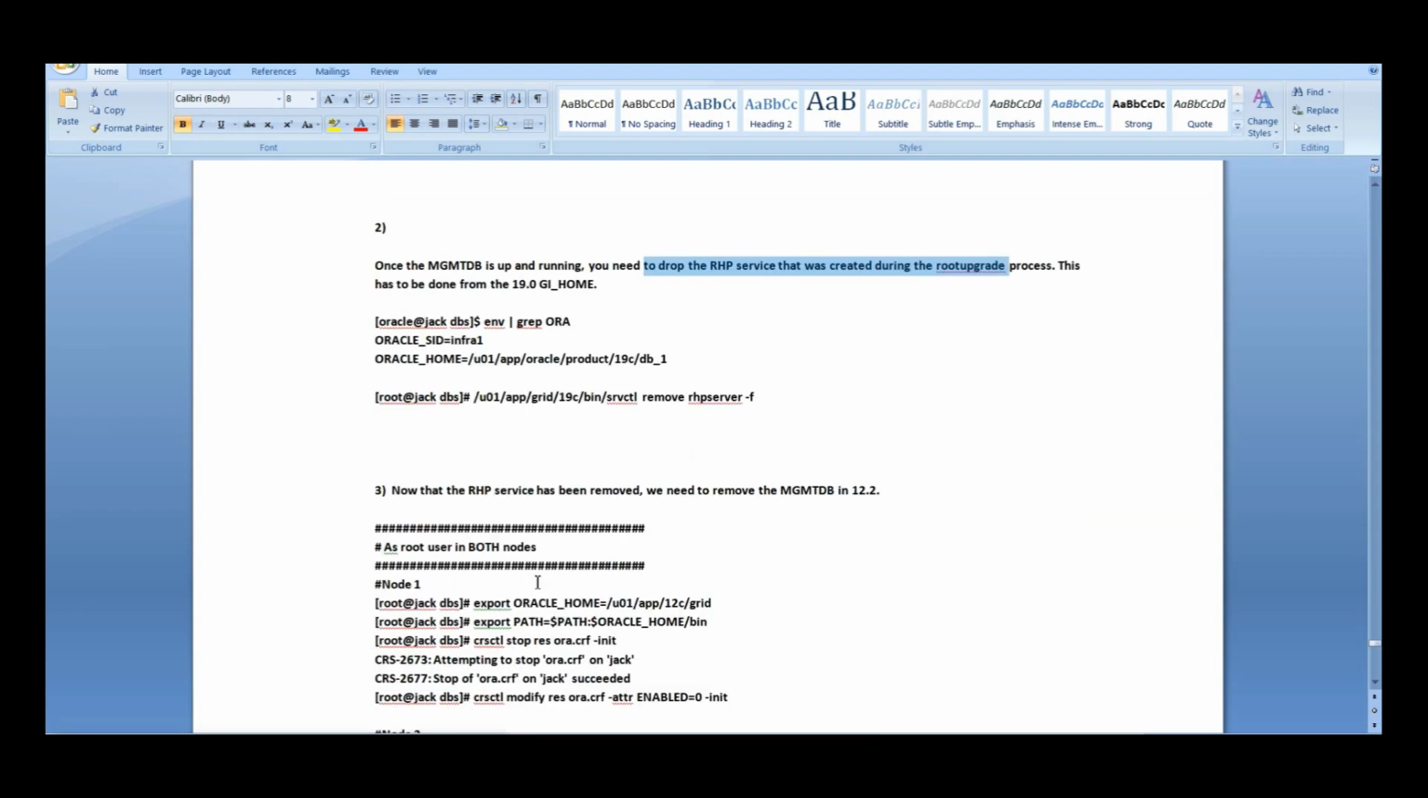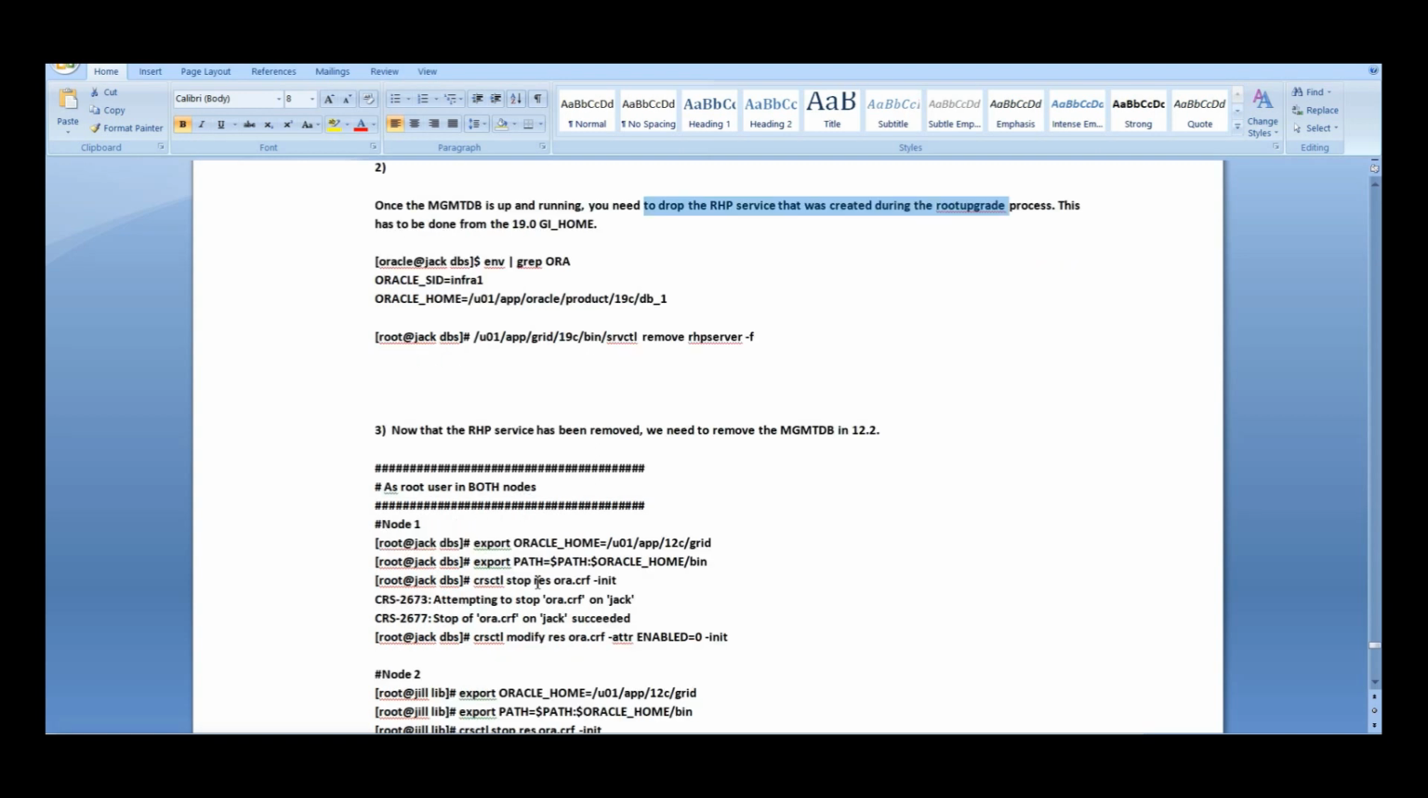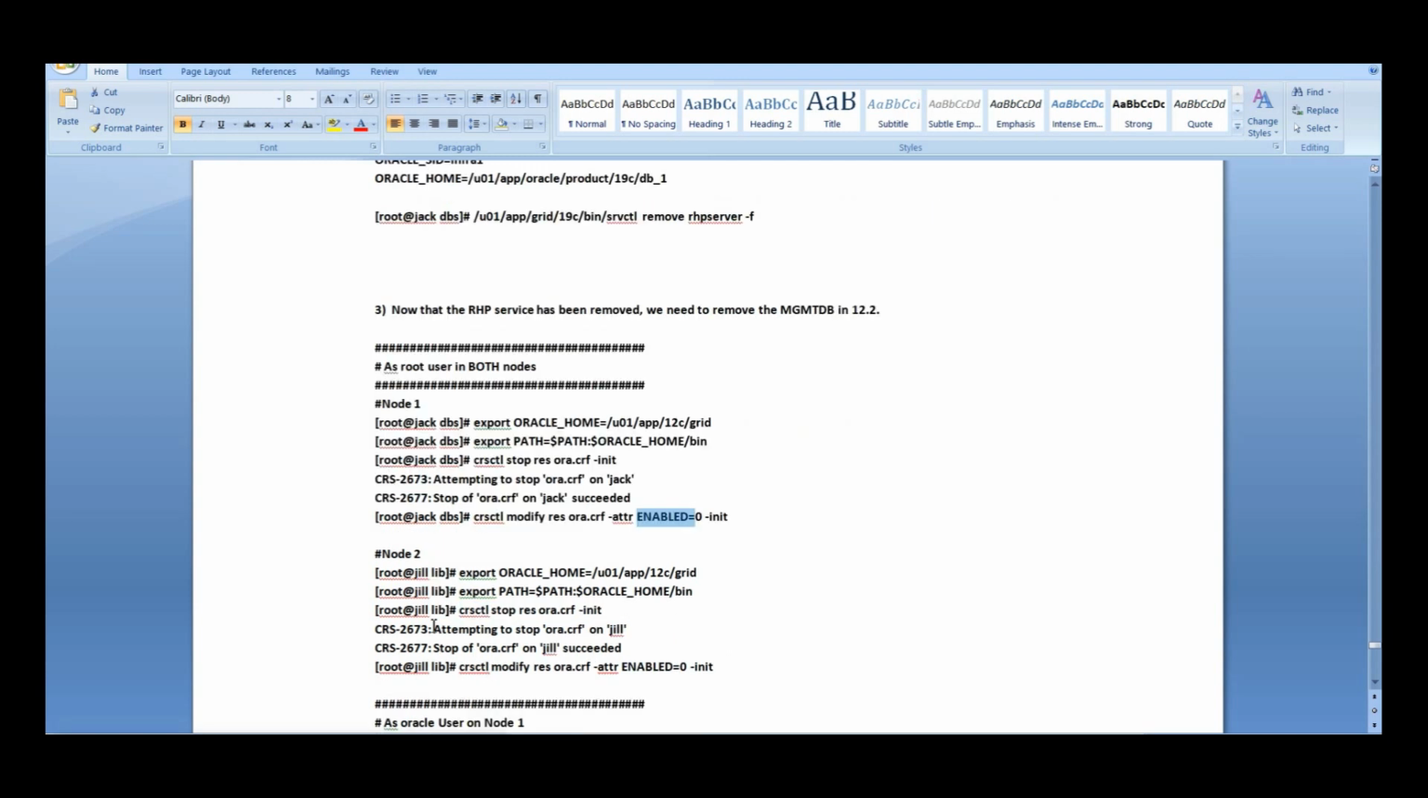Now that the RHP server service has been removed, we need to remove the management DB which is running in 12.2. So export path, the Oracle, the grid 12C home, then stop resource ora.crf -init, and then modify to enabled equals to 0. This same thing needs to be processed for both users, with both nodes, with your